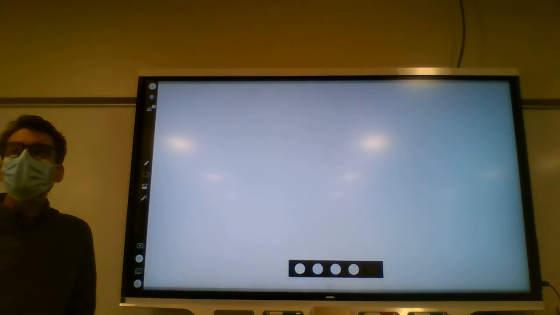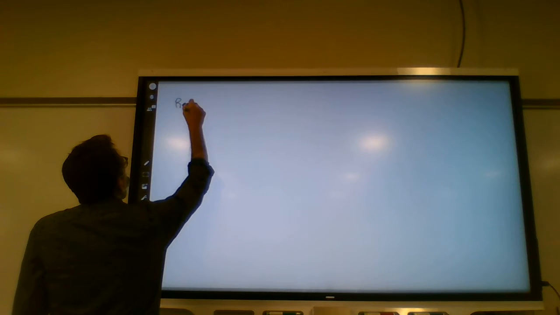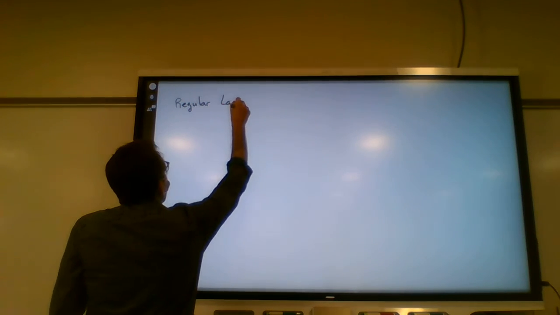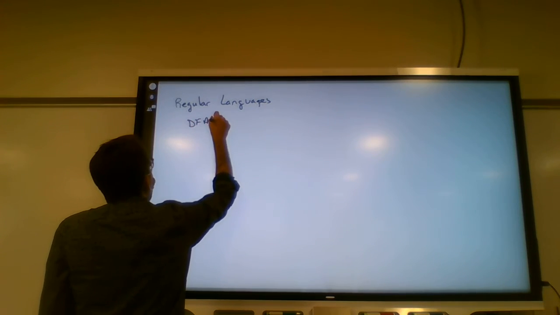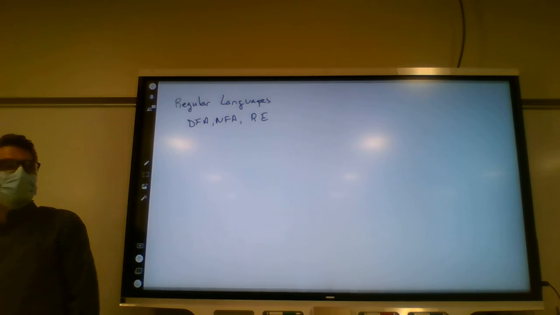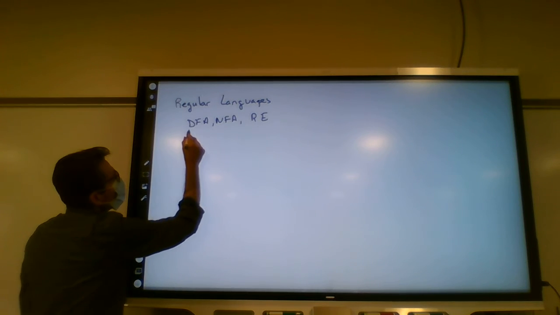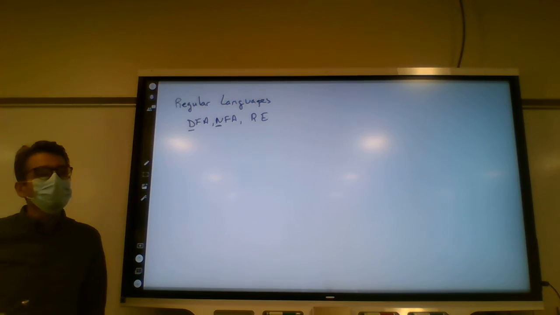So, we've been talking about, well, from the beginning, right? We had regular languages. For regular languages, we had a DFA, an NFA, or a regular expression that we could use to describe those. We saw then that the determinism and non-determinism didn't affect what you could do with the machine, just how you did it. So there were theoretical uses in one version or the other, things that we could tell.